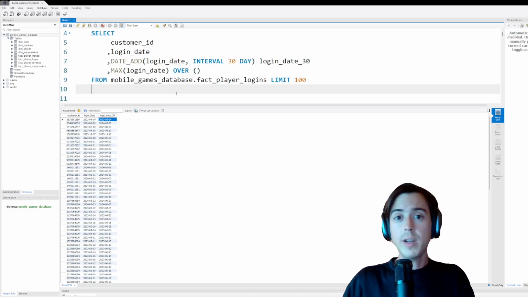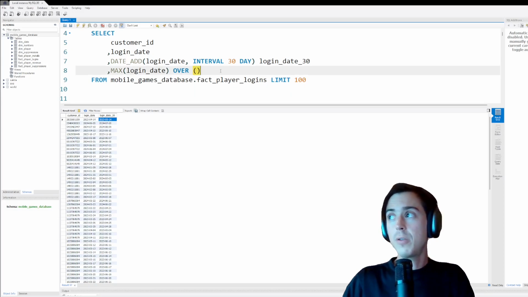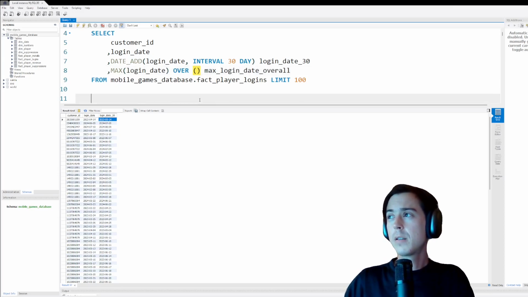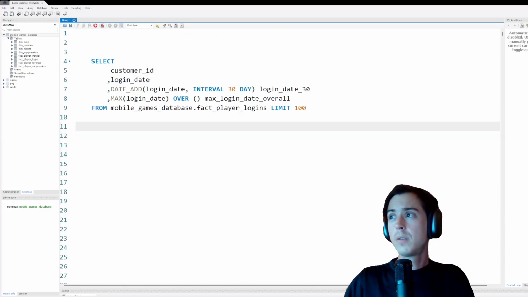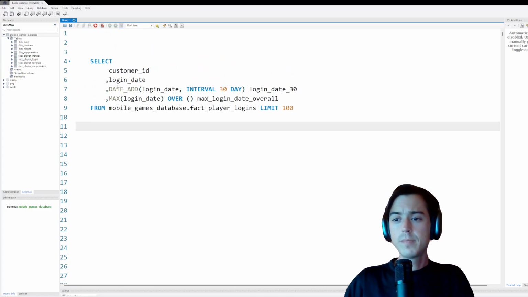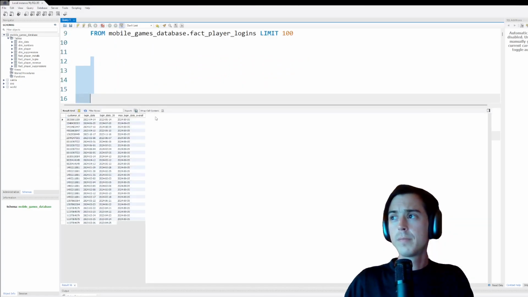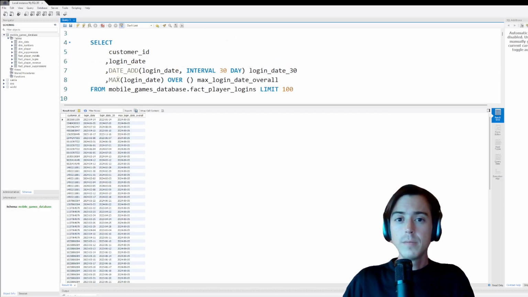We just want the straight max login date value. Okay, great. So just as suspected, the date that our data is through is prior day, so yesterday, September 5th,